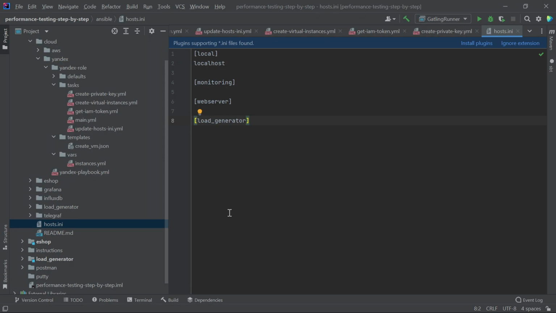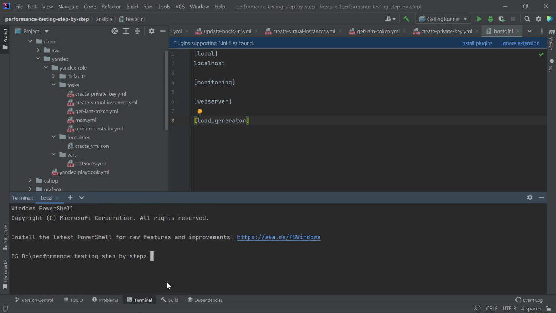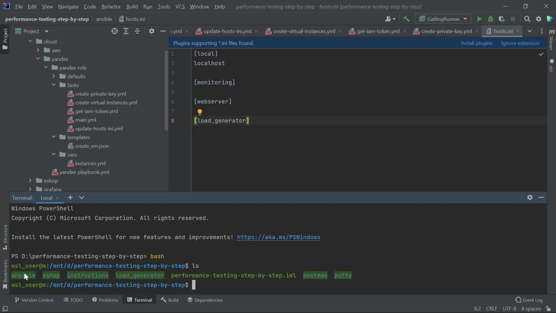Now it remains only to launch our playbook. To do this, I open Ubuntu. Well, I have moved to the Windows Subsystem for Linux, and I am in the root directory of the project.